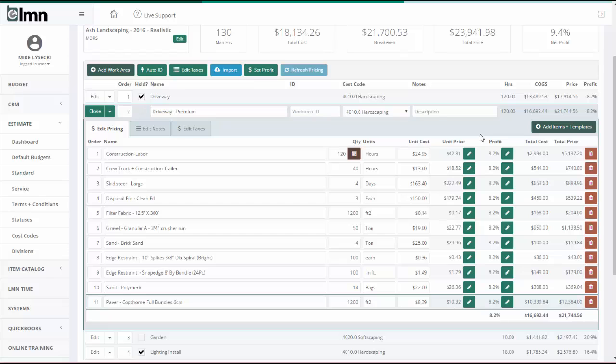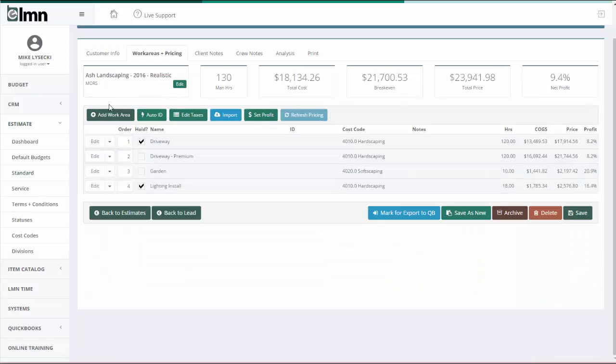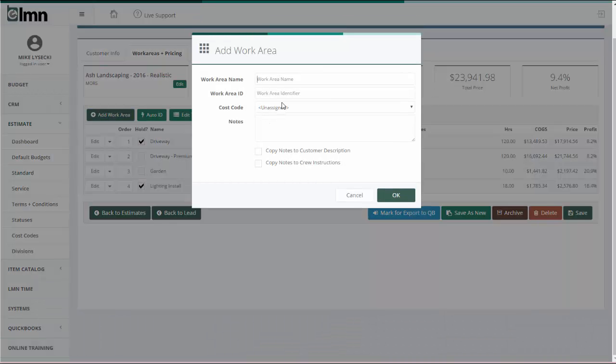If I didn't necessarily want to show that client that discount and I wanted to put it in the item, what I can do here is add an item, and I'm going to add a discount item and throw it in here. Or if I wanted to show the client the discount, which is probably more likely, I'm going to create a whole new work area. That way it's going to show up on the estimate as a line item saying discount. So I'll add a work area. I'm going to call it design